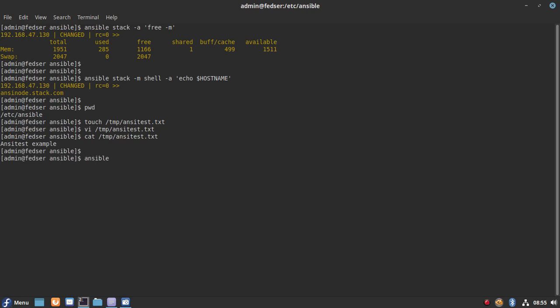Right now I'll use Ansible stack as the inventory on which we want to execute, -m copy, -a source is our location where we have created the file ansible-test.txt, and destination is equal to the same location on the remote node.